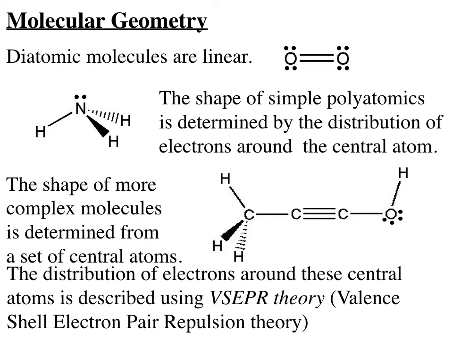Okay, so where we're going to go with our Lewis dot structures this time, though, is a discussion of the so-called molecular geometry. What we mean by molecular geometry is the shape of the molecule. Now, when we talk about the shape of the molecule, why is that of great importance? Well, particularly when you add the idea of the charge based on the electronegativity of the elements, the shape of the molecule becomes incredibly important in determining the long-range effect of how they look at each other or are influenced